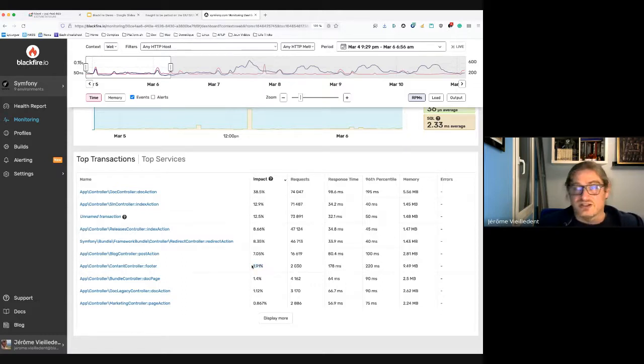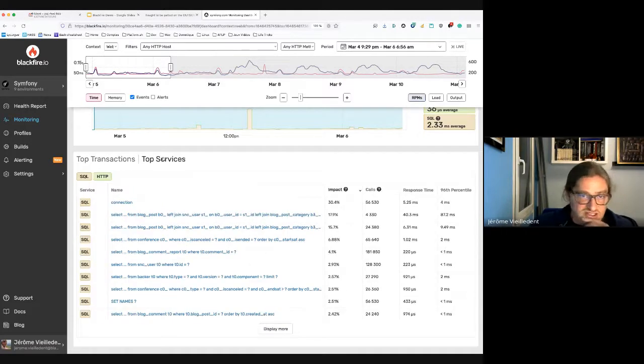Especially when you have a project from a customer and the customer says, you really need to improve the performance of this page because it's really slow. And thanks to this, you may say, okay, this is slow, but actually it has a lower impact than this other one, which has way more priority. So it helps you decide on what part of the application you need to optimize.